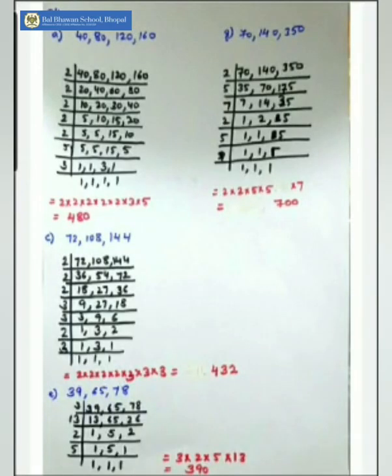Now let us talk about another method of finding the LCM, which is the common division method. Now over here, children, I am going to write down all the numbers together to find out the LCM. And this is the most accurate and easiest method to find out the LCM. So over here I can see the numbers given to me are 40, 80, 120 and 160. I'm going to write them in the common division method together.